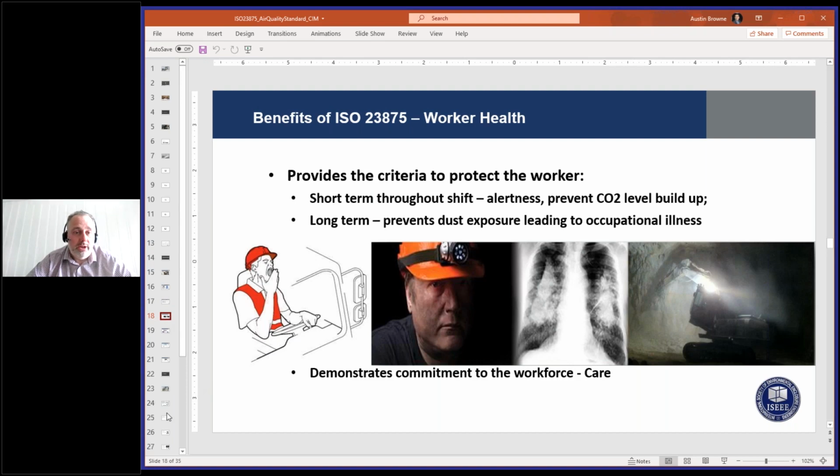So it provides criteria with alert levels of CO2, like Jeff mentioned, and long-term prevention of dust exposure. Most mining companies and regulations around the world require that you do sampling of the workers on a regular basis, that you take a chest X-ray, that you have a dust separation system, and that you have double lockers if your workers are exposed to asbestos, for example, or different contaminants. But it's all part of a global reduction program to make sure that your employees have a better breathing area